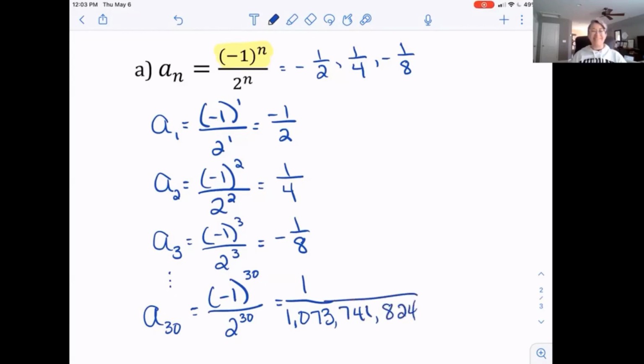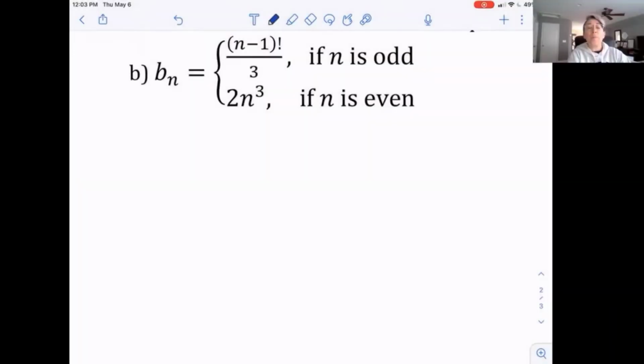1,073,741,824. But again, I'm fine if you have an exponent that large to just go ahead and leave it as 2 to the 30th. Part B is a little bit different because it's given to us as a piecewise function, but